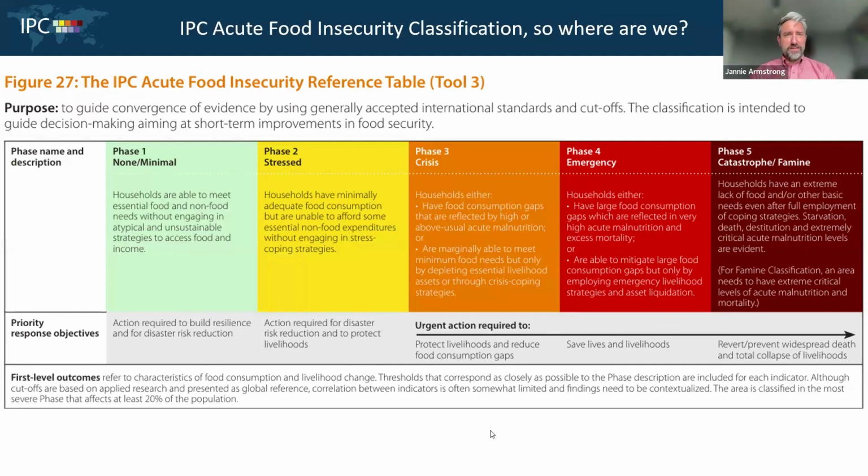Given these phase descriptions, and for the purposes of this exercise, I would encourage you to read that short paragraph rather than concentrating on the titling. But looking at those short descriptions there, how would you classify this particular location? What do you think it is? Which one of these phases best reflects what you saw in the data, in the information that was given to you? Just pop the number into the chat. And if you want to add a little bit of supporting explanation, please do that too.